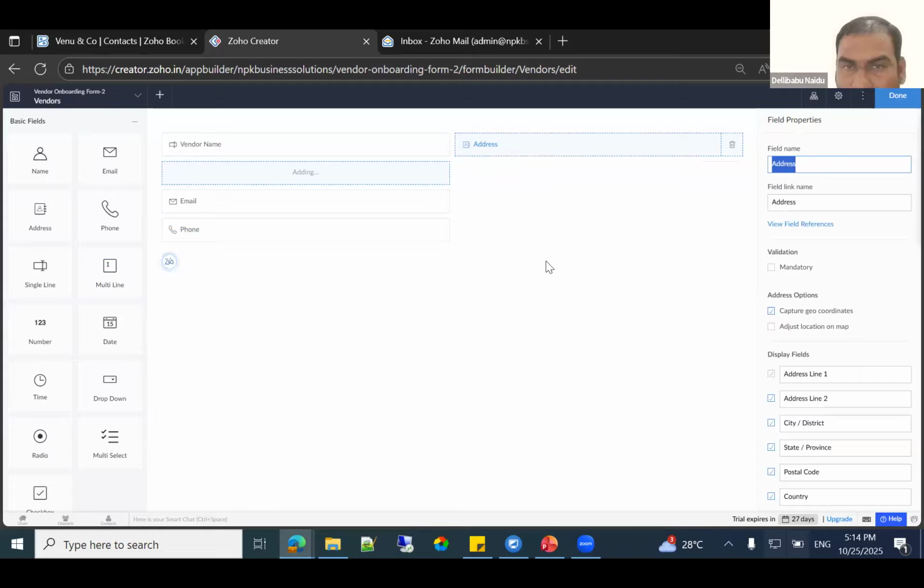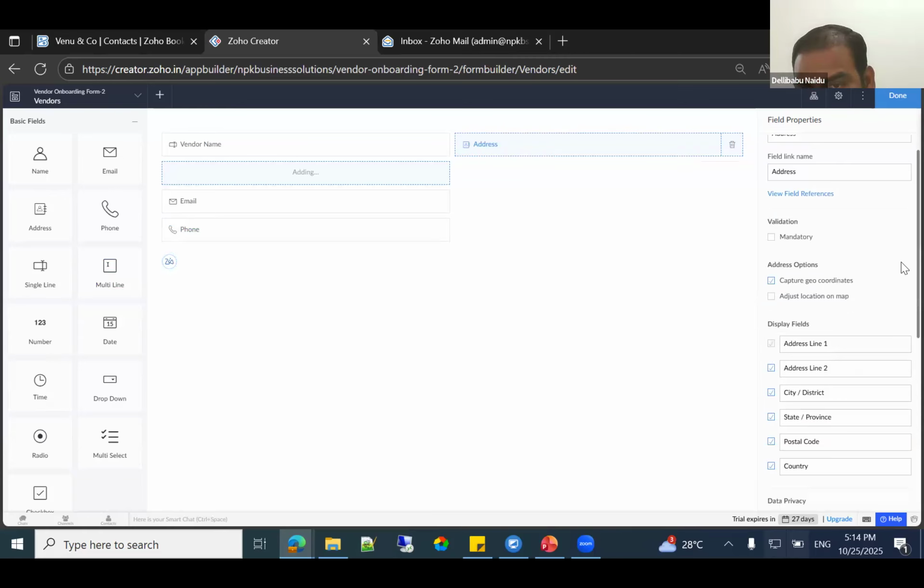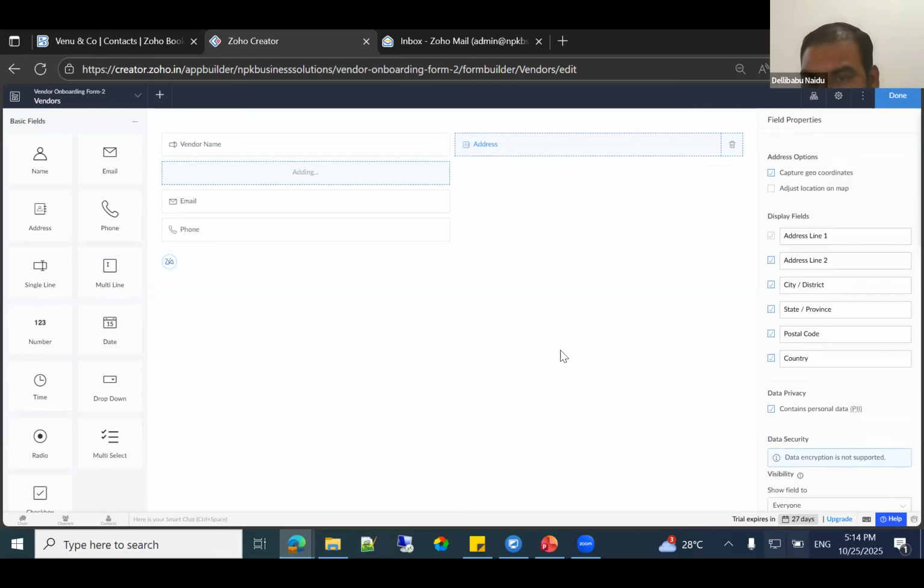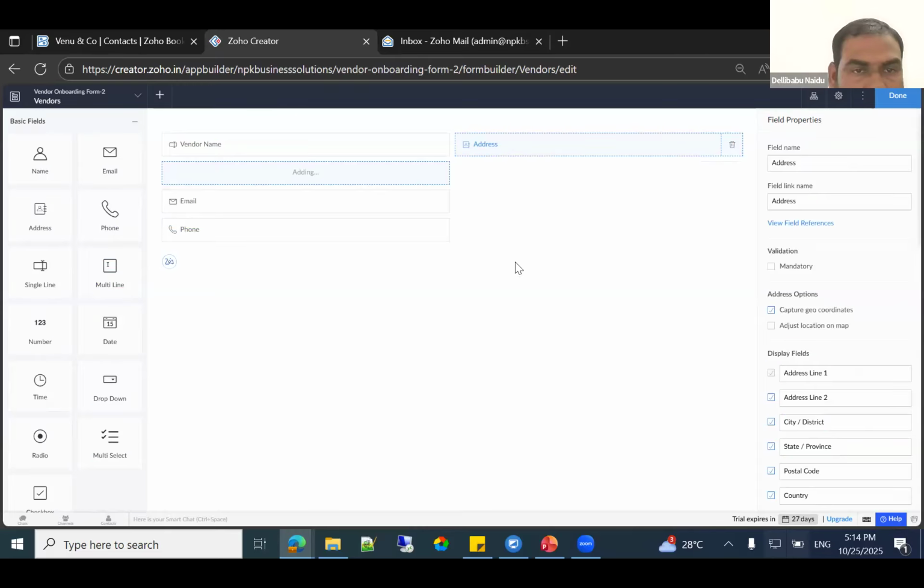Just adding an address field for address. There are multiple fields. By default, they provide address 1, address 2, country, state, city fields. I'm just taking these. Then another section, contact details.